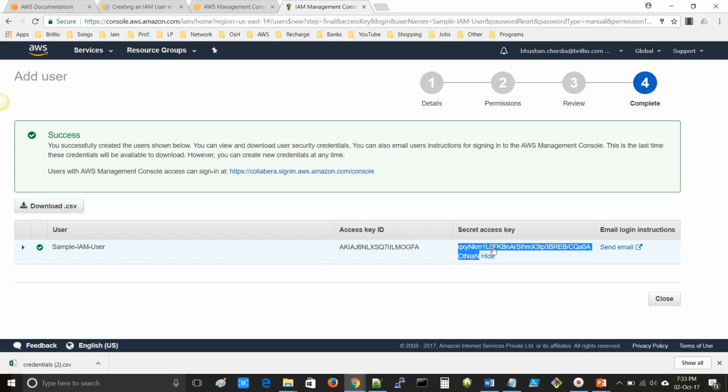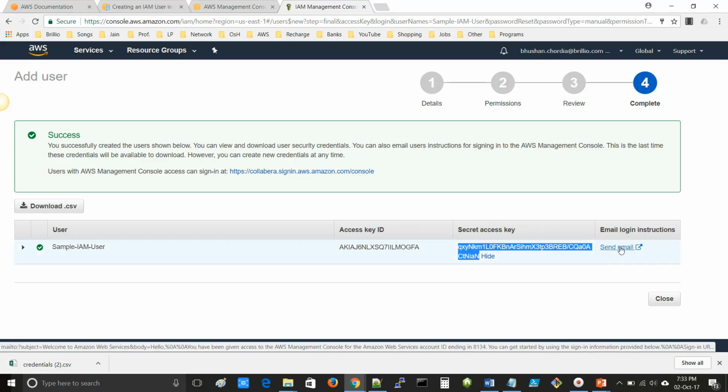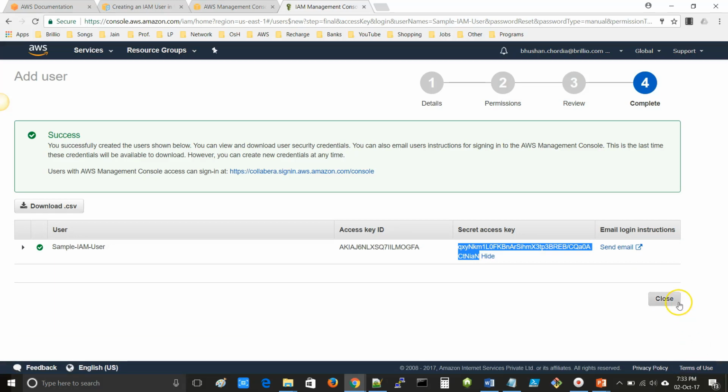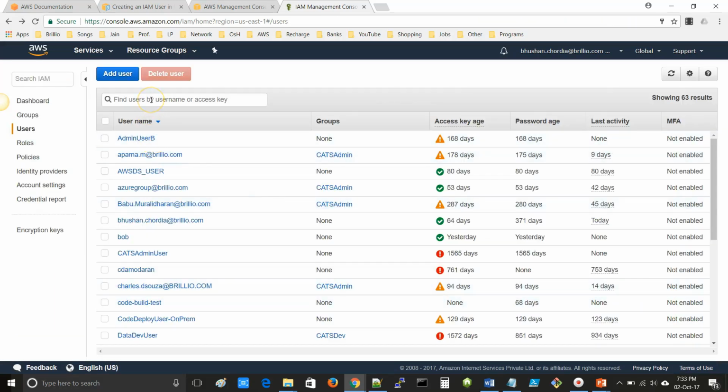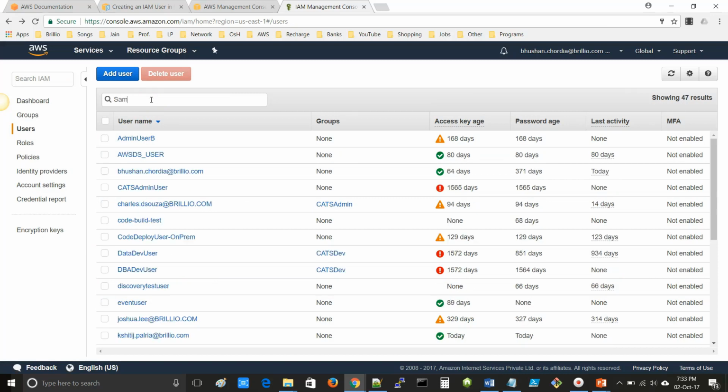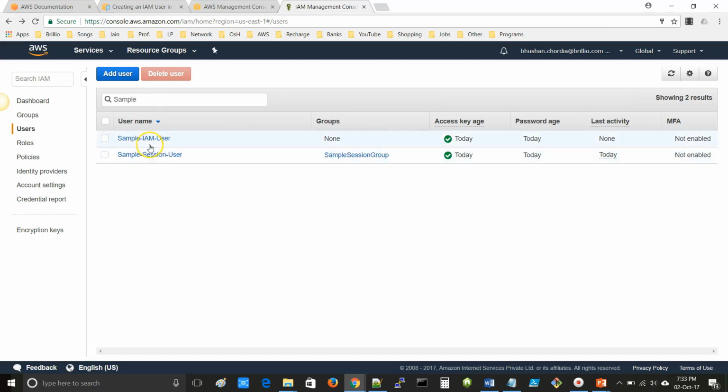If you want to send the access key ID and secret access key, you can click on send email. After that, click on close. Now we will check whether the user is created or not. Here you can see that the sample IAM user is created successfully.